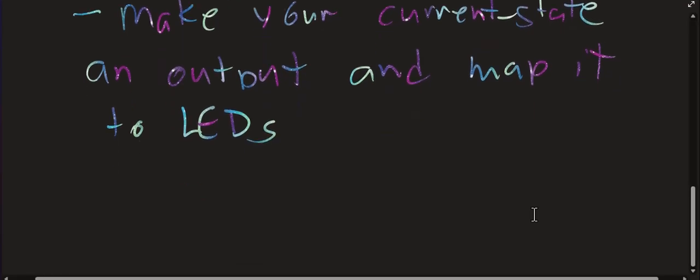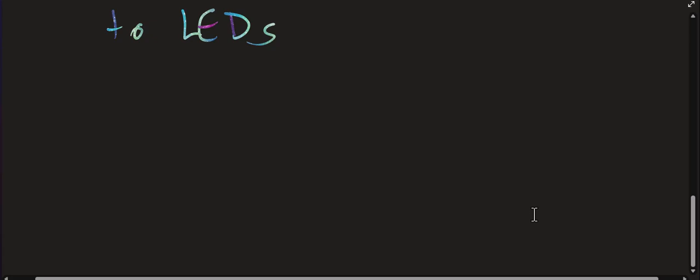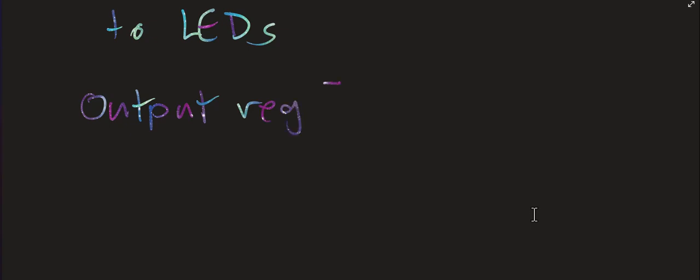Because that's really easy. So how would you do that? I would have output reg, however many states you have, let's say you have between 8 and 15, so [3:0] current state,